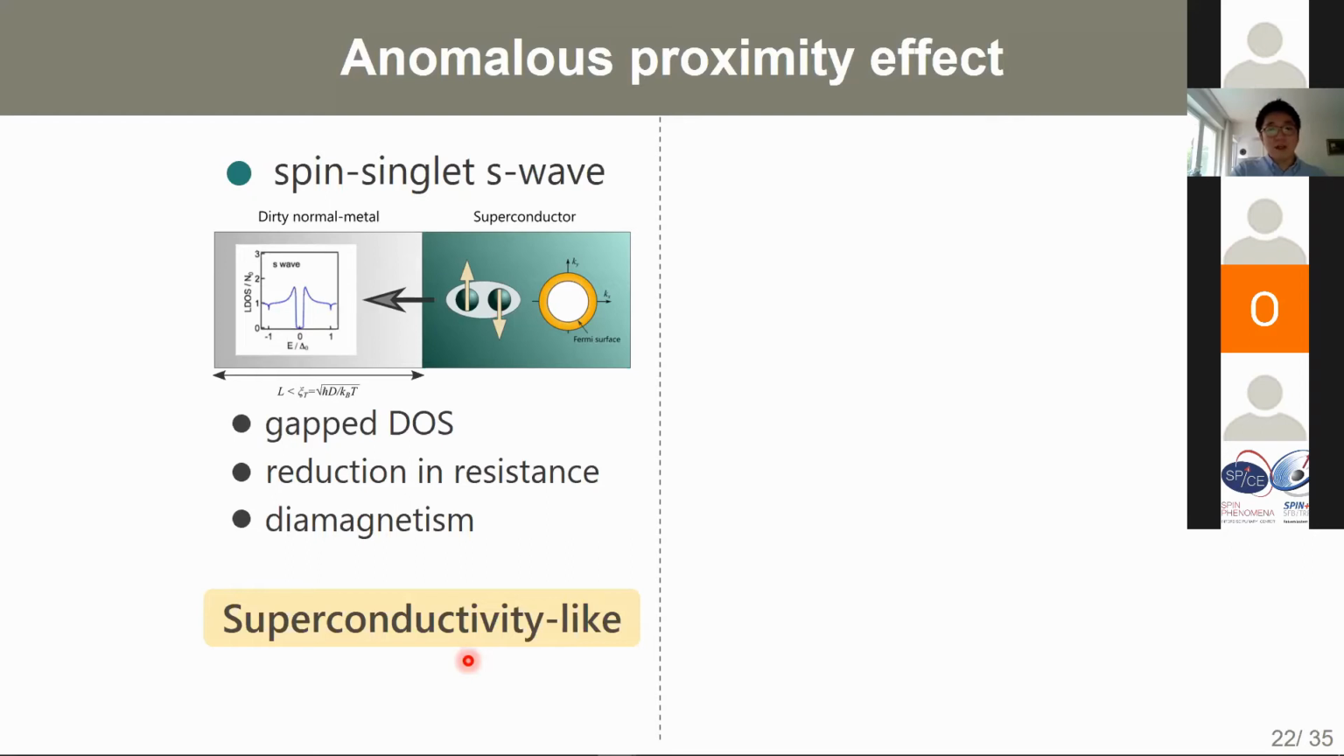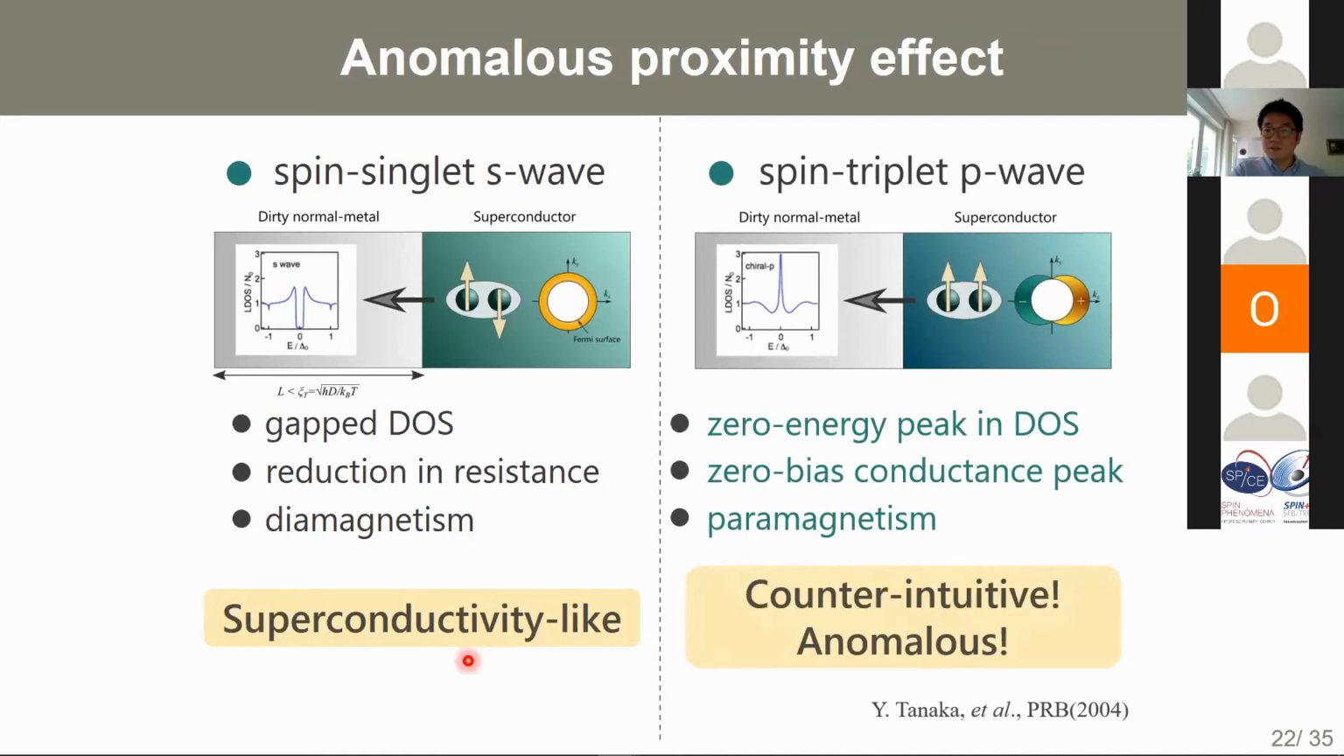But when we replace the S-wave superconductor with a spin triplet P-wave superconductor, in that case, the local density of states of the attached dirty normal metal shows a zero energy peak structure, instead of the gap structure. We can also find the zero bias conductance peak or more rich anomalies in low energy transport in this junction, and we can also find paramagnetism instead of diamagnetism. This kind of counterintuitive, very anomalous proximity effect is called the anomalous proximity effect. And to understand why the anomalous proximity effect occurs, we have to employ the Majorana bound states and odd frequency Cooper pairs. So in what follows, I want to explain how the Majorana bound state and odd frequency Cooper pairs are related to this